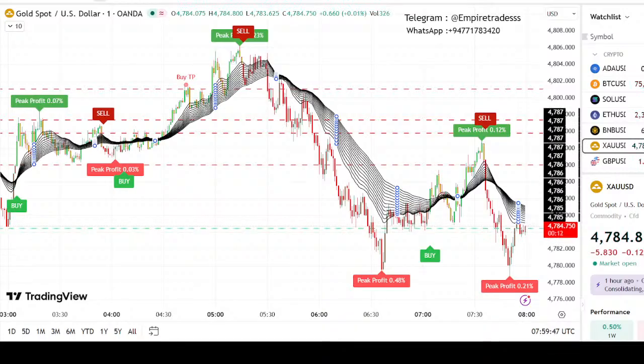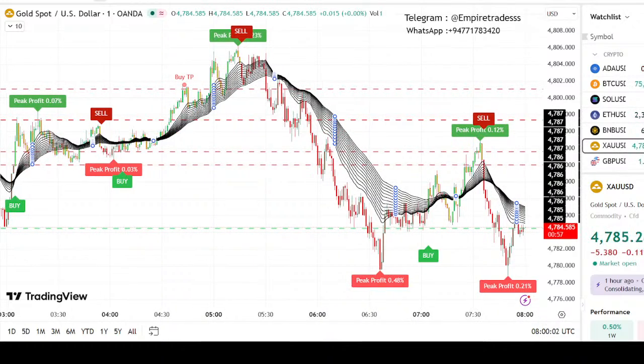For example, in a standard lot, each pip is worth $10, in a mini lot, $1, and in a micro lot, 10 cents. Consequently, larger lot sizes can lead to higher profits from small price movements, but they also increase the potential for significant losses. Traders must therefore align their lot size with their risk tolerance and account balance to avoid